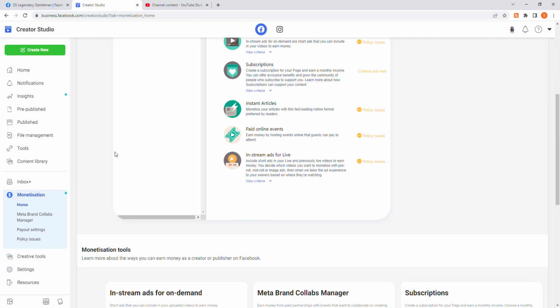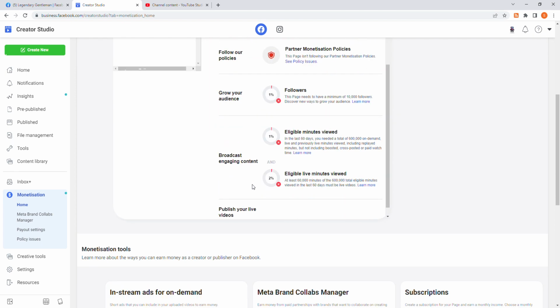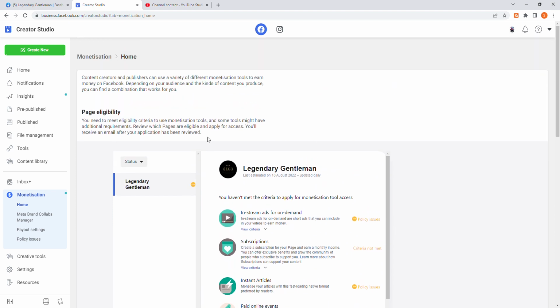Another great thing I'd love to cover is something called eligibility, and I'm going to read this thoroughly because everyone wants to know how to make money online, and this is monetization. So monetization will actually help you monetize your page and get tons of money. So you use the Creator Studio, you upload content, you are going to be able to make a lot of money. So monetization home, it says your content creators and publishers can use a variety of different monetization tools to